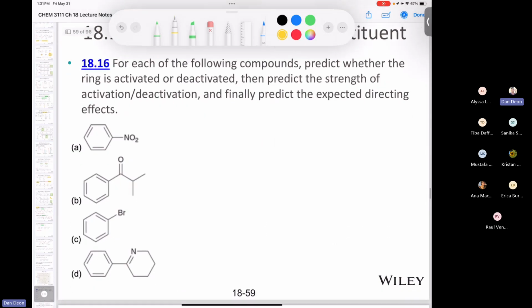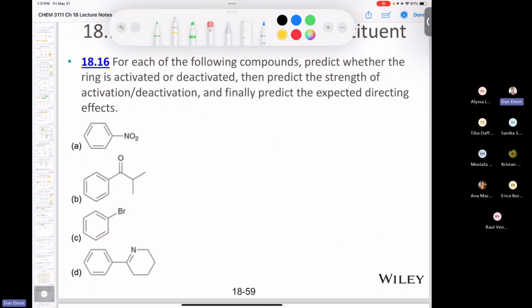What we're going to do is try some practice here to see if we can flesh out some of the ideas and see how it would be useful for us as organic chemists. So let's start with 18.16. There's nothing easy in organic chemistry, that's for darn sure. However, this one here just gets us into some practice about identifying activators, deactivators, and whether it's strong, weak, or